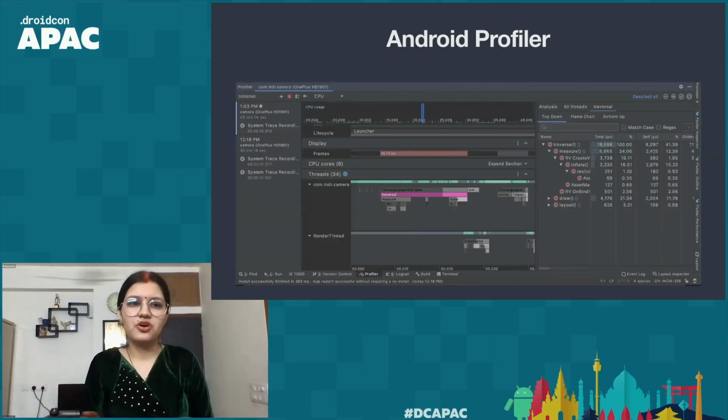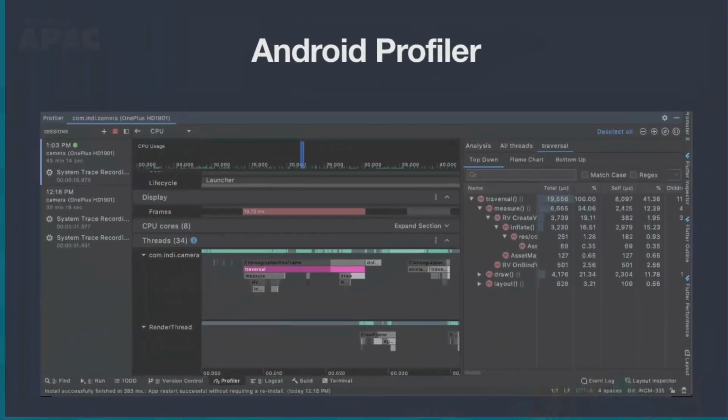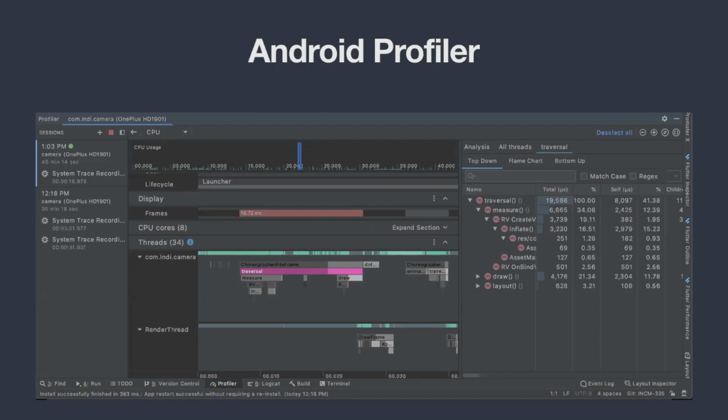Here is a screenshot from one of my applications where I'm using Android Profiler to monitor the processes. As you can see on the left hand side in the graphical representation, I am monitoring the CPU usage here. So for optimizing layouts, we always want to monitor CPU usage.